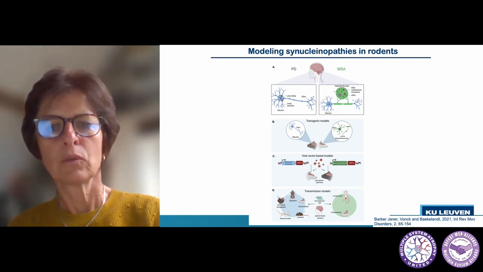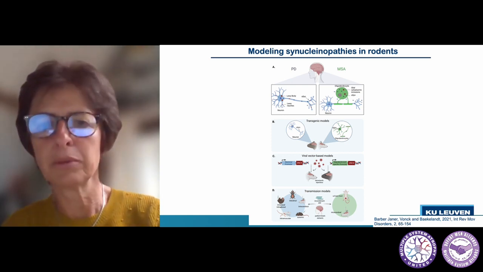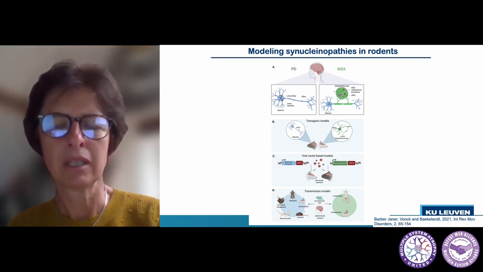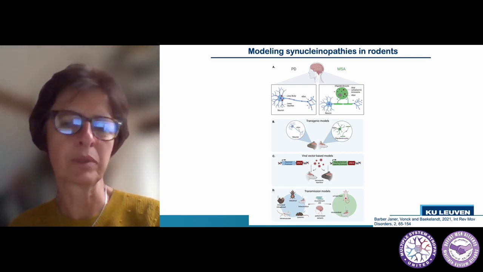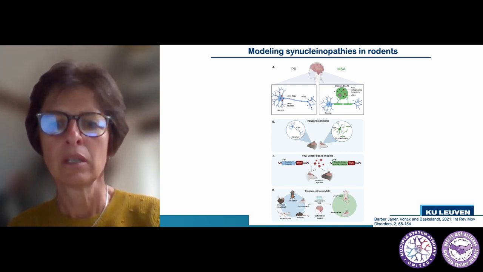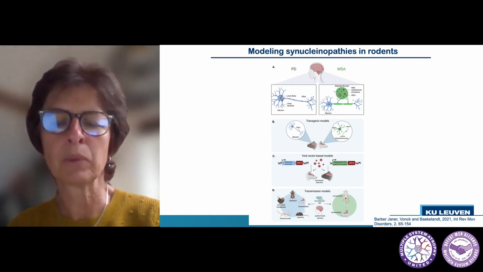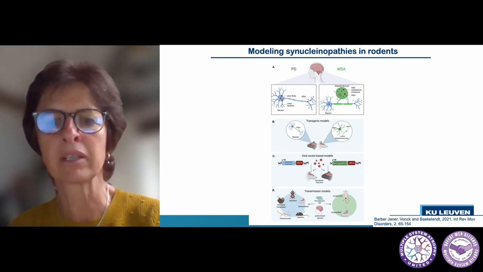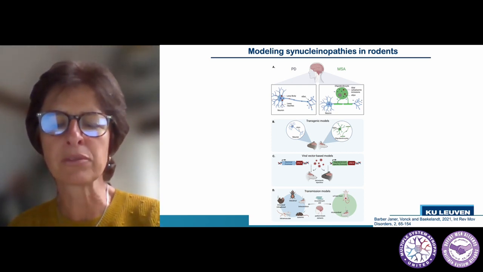What researchers like my group do is to try to model these diseases in rodents. We try to model both Parkinson's disease and multiple system atrophy in rodent models. We are, of course, not the only ones who do this, and there are different ways to do it. One way is to make transgenic models. People have overexpressed alpha-synuclein in neurons to model Parkinson's disease, or in oligodendrocytes to model